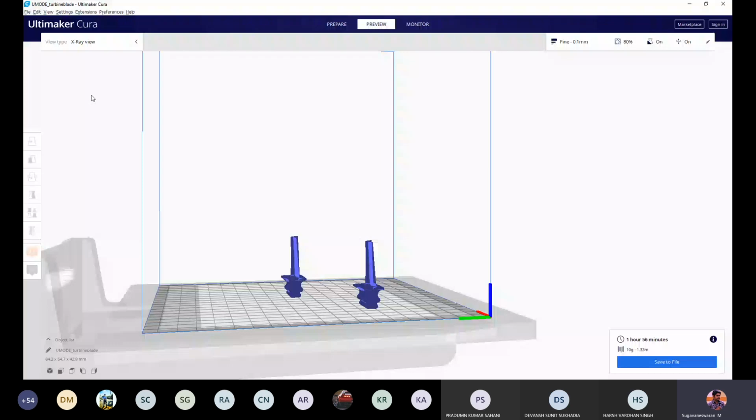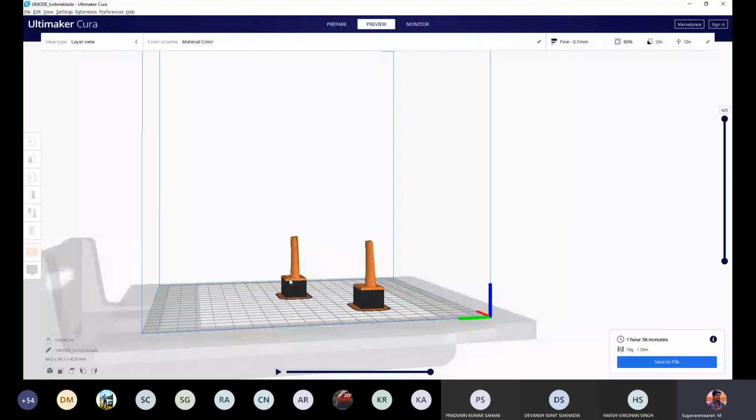Could you trace the X-ray view? Layer view will display both support as well as path. You can see both support and path. You can also see the raft. Raft, support. Shall I proceed further?